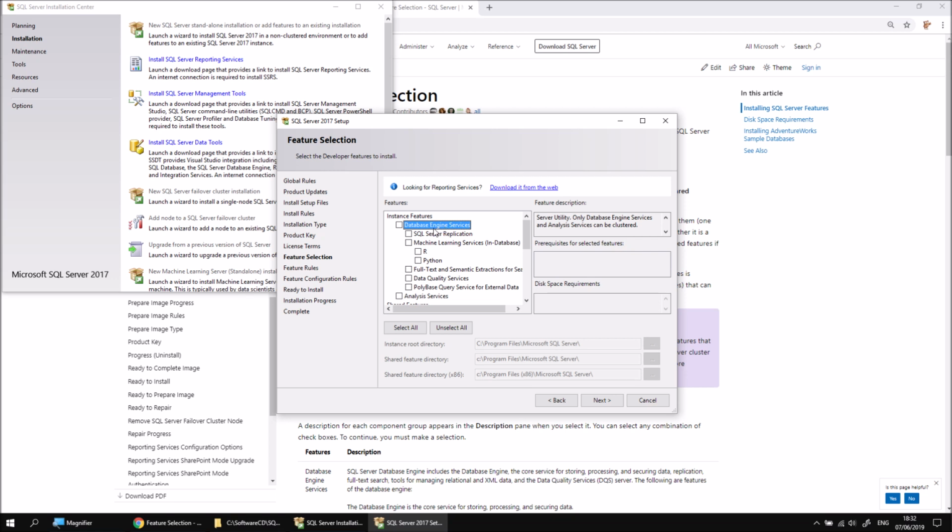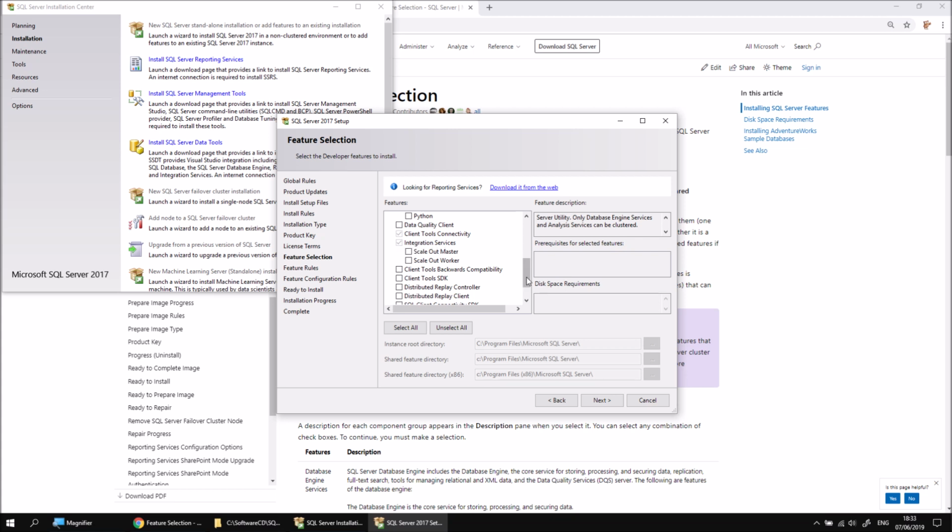If you went for a basic installation, what you would have gotten was a database engine service, and then I also believe you'd get the client tools connectivity shared feature. You might notice there's a couple of sections here. There's an instance features. Now these are options specific to this particular instance of SQL Server. And then there's also a shared features. So this little section here is for options that will apply to every instance of SQL Server 2017 that you install. So because I've already previously installed one instance of SQL Server 2017, I previously chose to include Client Tools Connectivity and Integration Services. So if you wanted to follow along with SQL Server Integration Services videos, make sure you